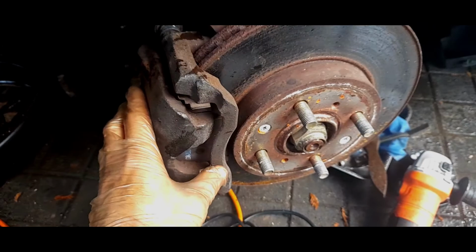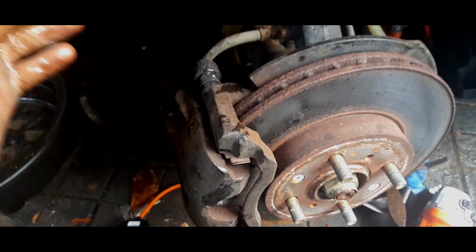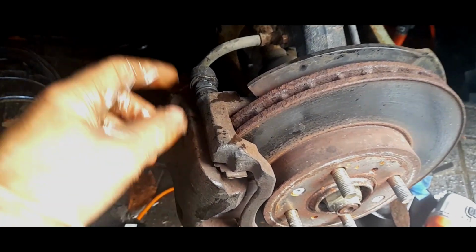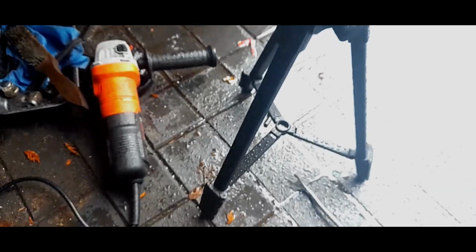I'm not going to take it apart today because I've got to take the pads off and everything, and these two 15mm bolts. I don't want to be faffing around with the brake caliper at this time, but what I will do is, bearing in mind I've got to order a couple of these, and then we'll go from there. But yeah, that bolt